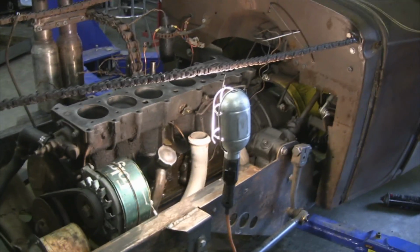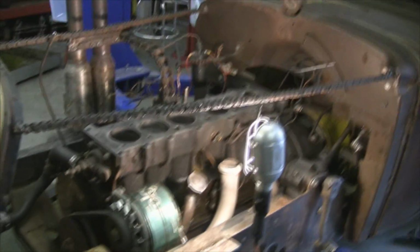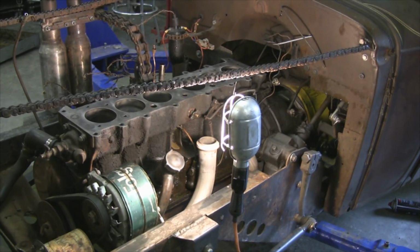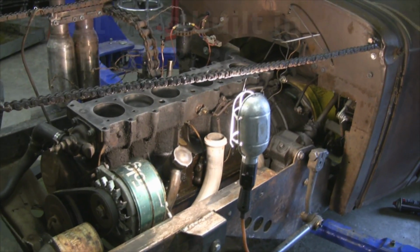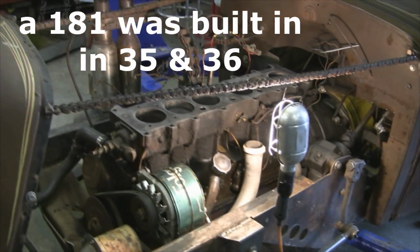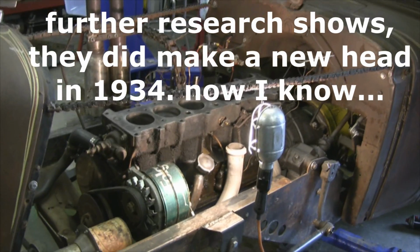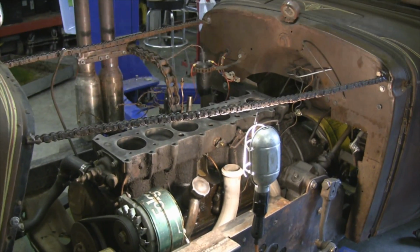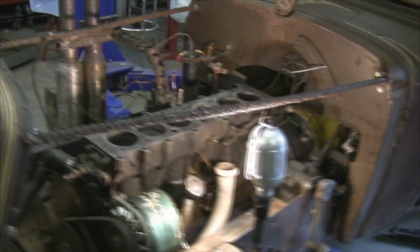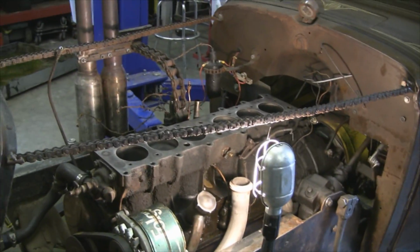Anyway, in between 1929 and '37, they did punch this thing out and made a 207, and I think they even made one other engine size with this block. I'm wondering if they changed something in the head that new gasket might fit on a different type of head. At any rate, it's the wrong gasket, and I have the right one on the way, but I canceled my